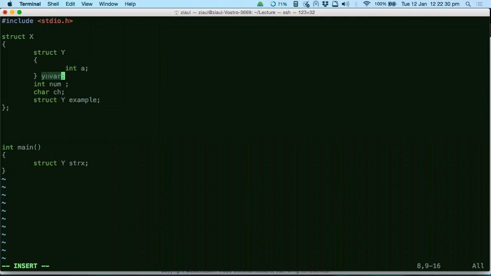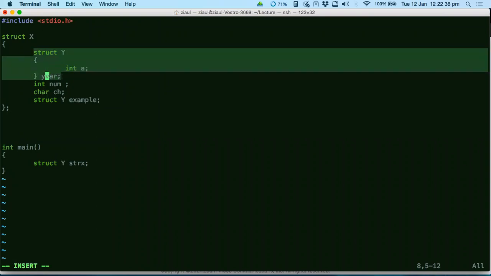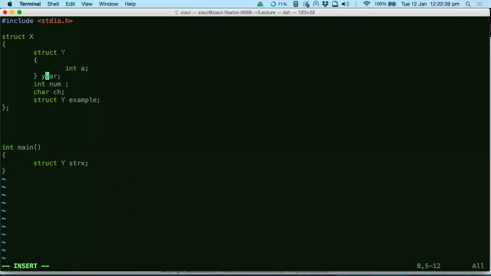One variable is called y var, and another variable is called example. Don't think that it is just creating one variable out of structure y. It is creating two variables. One variable is called y var of type struct y. Another variable is called example of type struct y. Now, if you don't name this and you just declare example here, that means you have just declared one variable of type struct y inside your struct x.